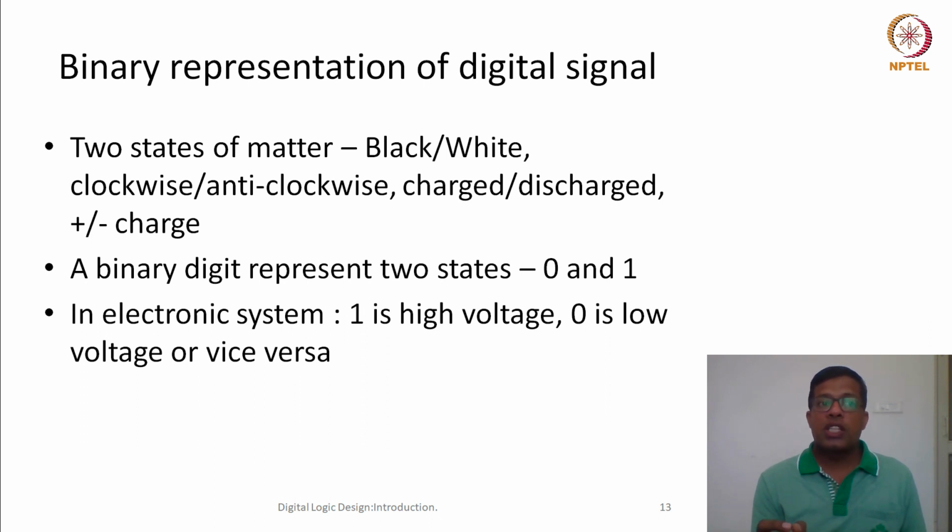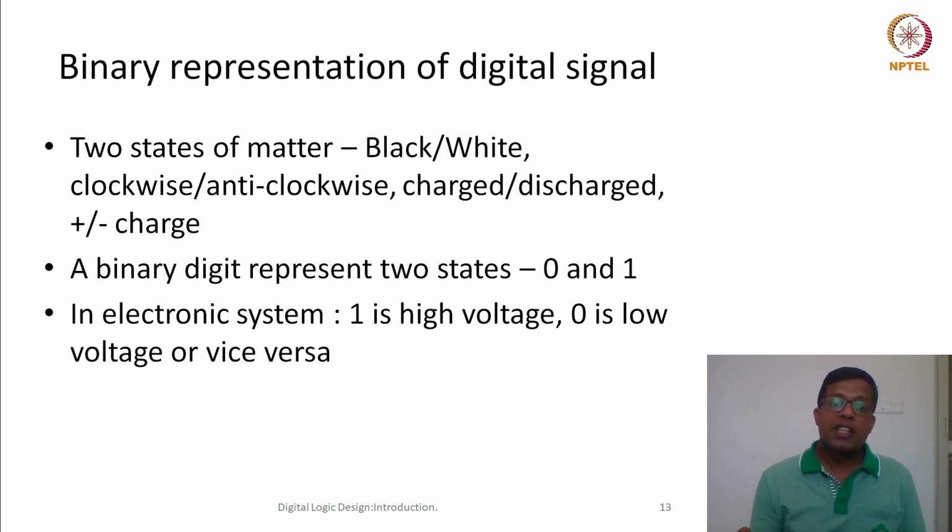We can say a high voltage means 1 and a low voltage means 0, or it could be vice versa. Essentially there are two states: the voltage is either high, the full supply voltage, or low. Let's say the supply voltage is 10 volts. This 10 volts would represent 1 and ground represents 0, or